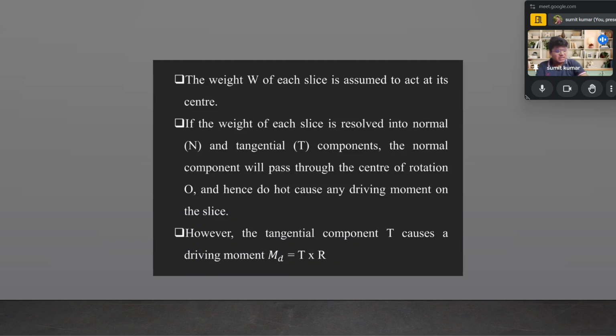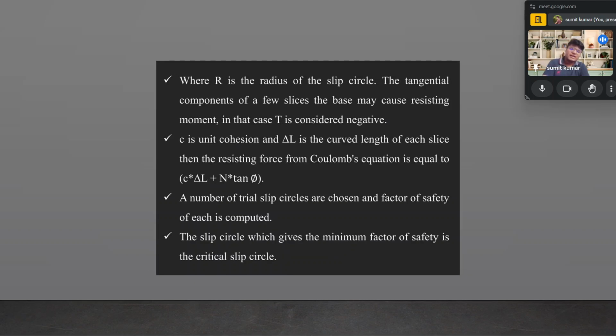where the R in the above equation, which we have discussed just above, is the radius of the slip circle. The tangential component of a few slices at the base may cause a resisting moment, in that case T is considered negative. Now C is the unit cohesion and delta L is the curved length of each slice. Then the resisting force from the Coulomb equation is equal to C into delta L plus N into tan phi,